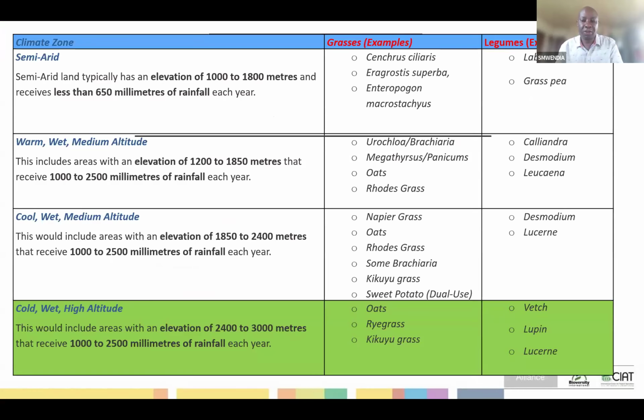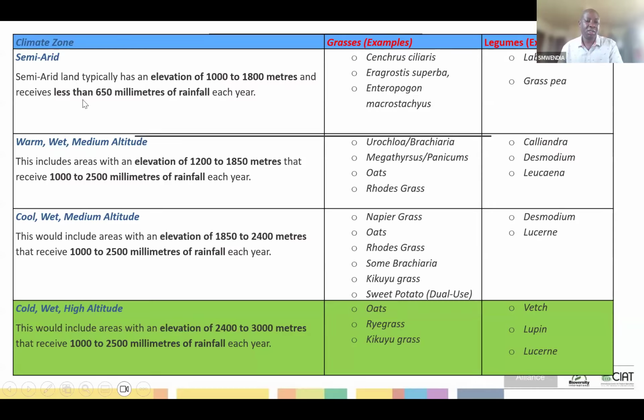When we think of growing these forages, it's also good to think about where you're growing them, the agroecological zones. And largely here we have four areas, some of which you might be familiar with. In the second column here, I've given you examples of grasses and legumes which could fit in such contexts. And the first one is the semi-arid areas that can have an elevation of 1,000 to 1,800 meters above sea level